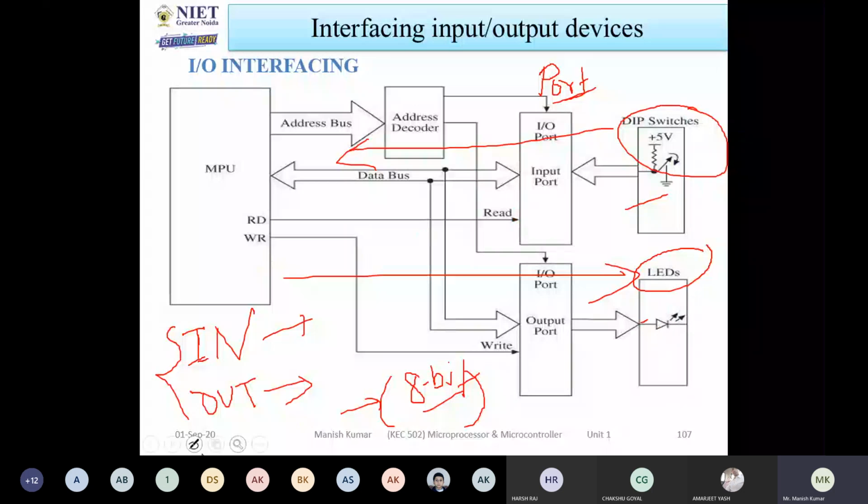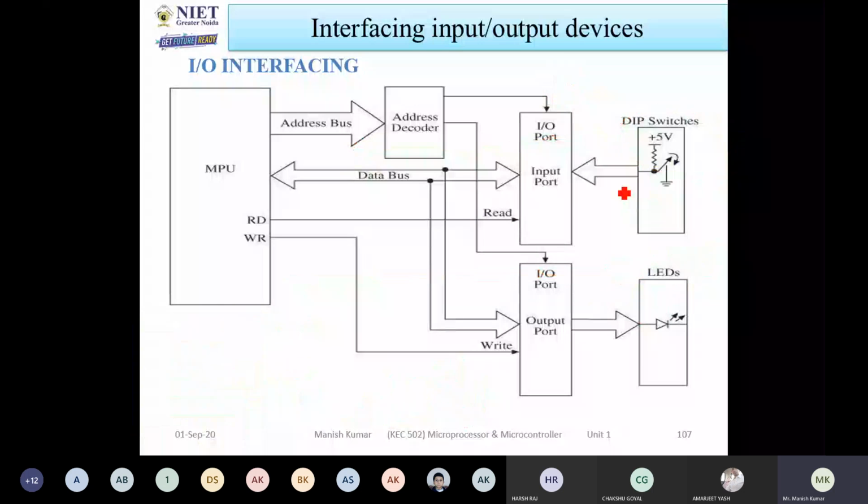Now you can see this will be connected to the input port. So for the input port, you have to define the port address. What is the meaning of defining the input port? It means that you have to define the port address. Whenever a device is connected somewhere, different ports are there. Let us consider the CPU, where memory slots are given. Those memory slots have fixed addresses for the processor.